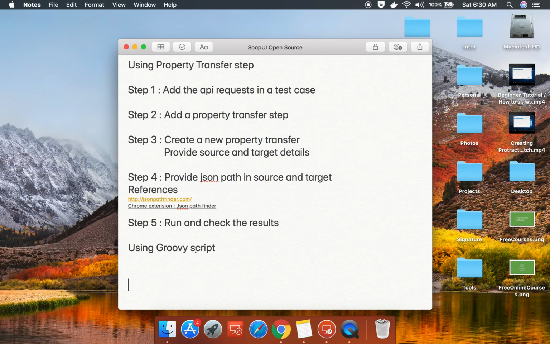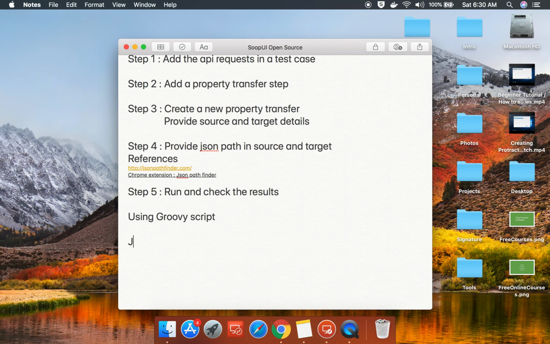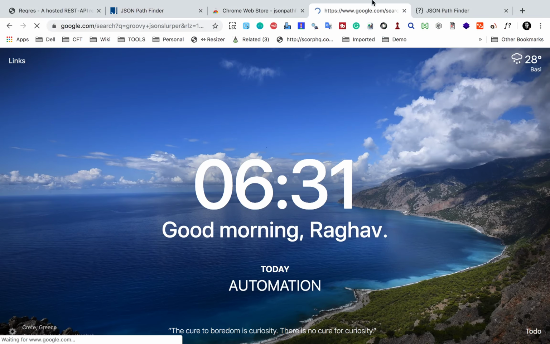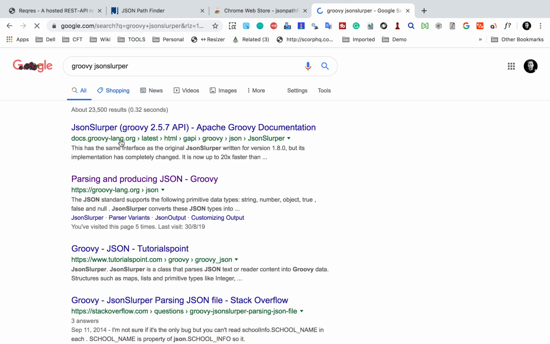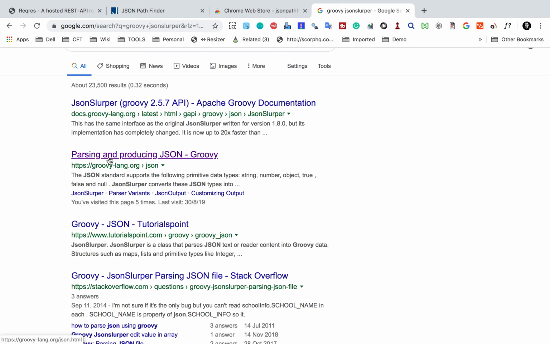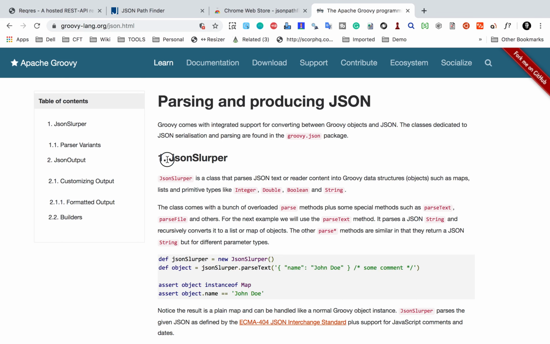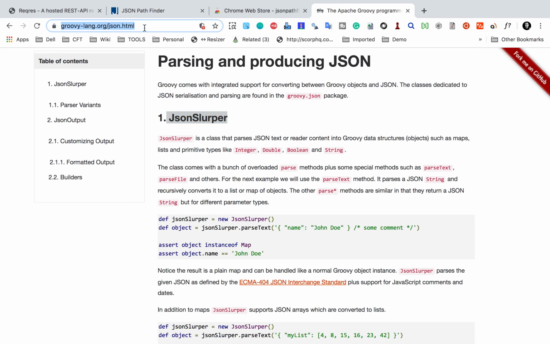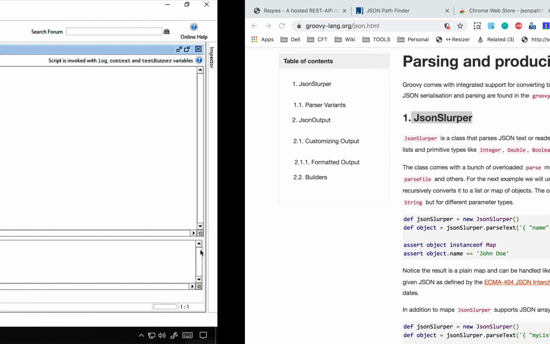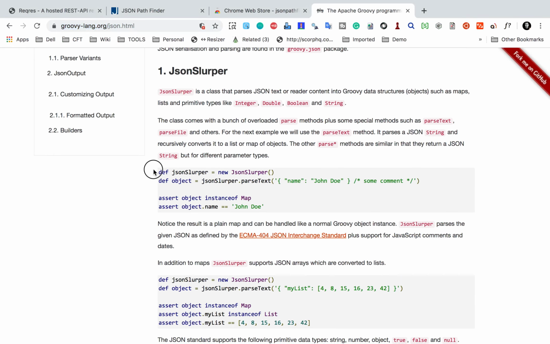Now for Groovy script, you have a class JsonSlurper in Groovy script that we can use to parse JSON message. If you go to Google and just search for Groovy JsonSlurper, you will get to this website groovy-lang.org, and parsing and producing JSON. This is the topic, and here you can see JsonSlurper. So I will also make this link available in the notes, and all these notes will be available in the description of this video. So here these are the two statements I need, that is